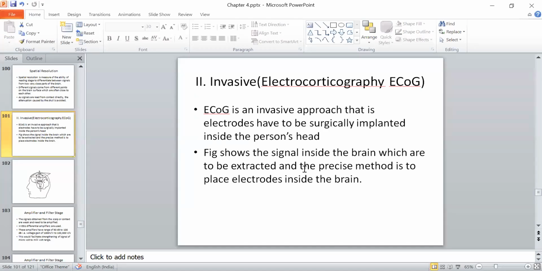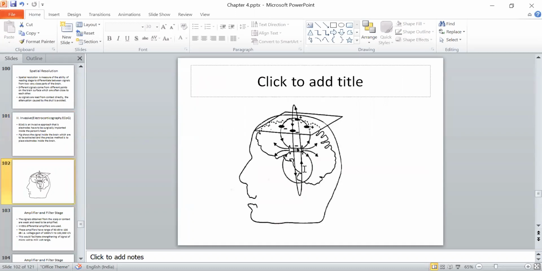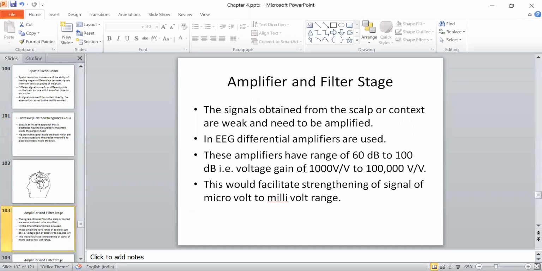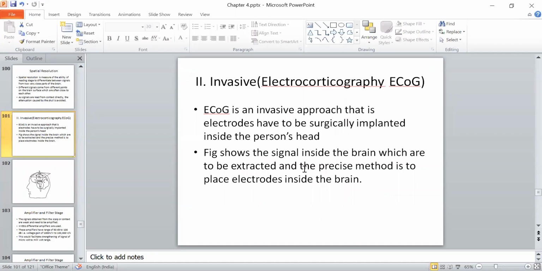You are able to find out that the signal is coming from which part of the brain, and you are able to differentiate between two nearby signals coming from one part of the brain. ठीक है, सो ये चीज होती है आपके इन्वेसिव टेक्निक के अंदर. But the only disadvantage, you have to go through a surgery in this case. Now the second stage is the amplifier and the filter stage. So whatever signal, no matter whether you take the signal from the invasive technique or non-invasive. Okay, I forgot to give the name of the invasive technique. It is electrocorticography, that is ECoG technique.